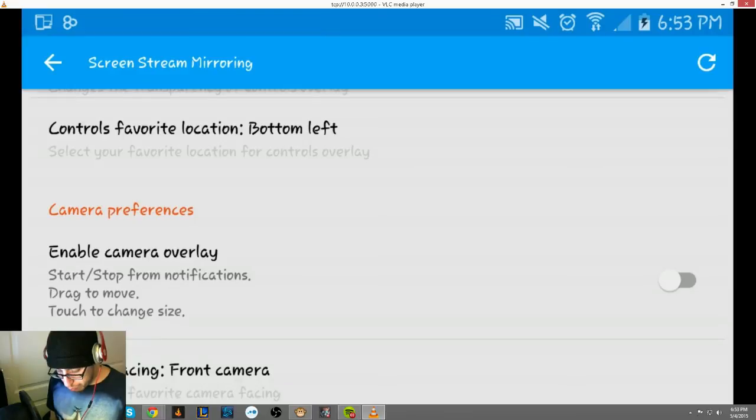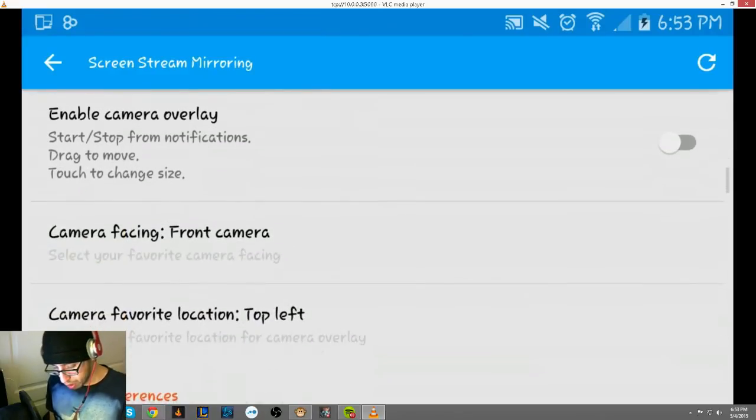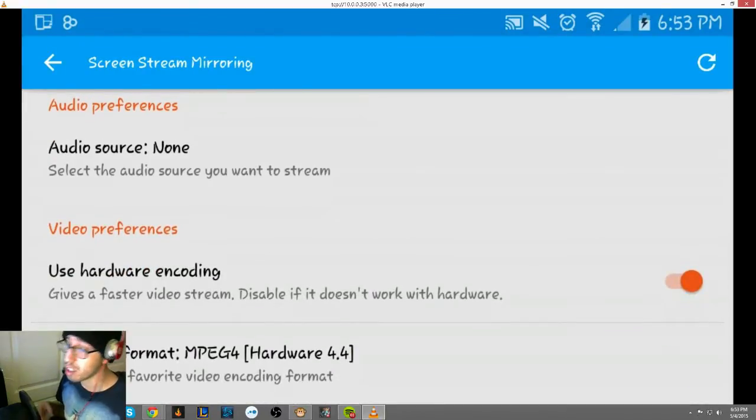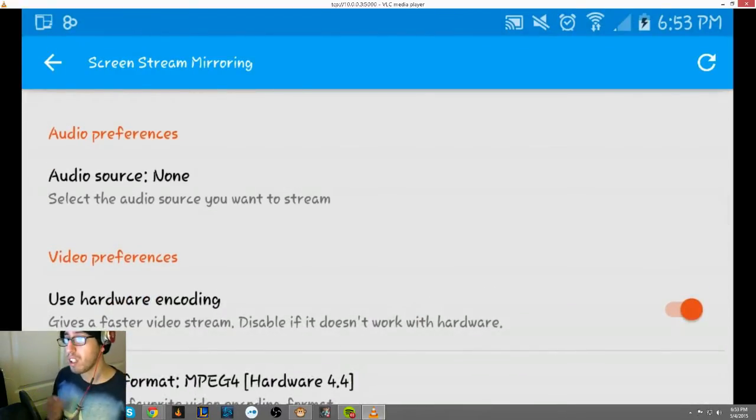So the camera overlay is disabled. We're going to go down here to audio preferences. You'll notice that I have it set to none. When you download the app for the first time, it will say audio source microphone, or it might say none. I'm not sure if the developer has changed the app since then. The reason why I have it set to none is because if you set it to microphone,